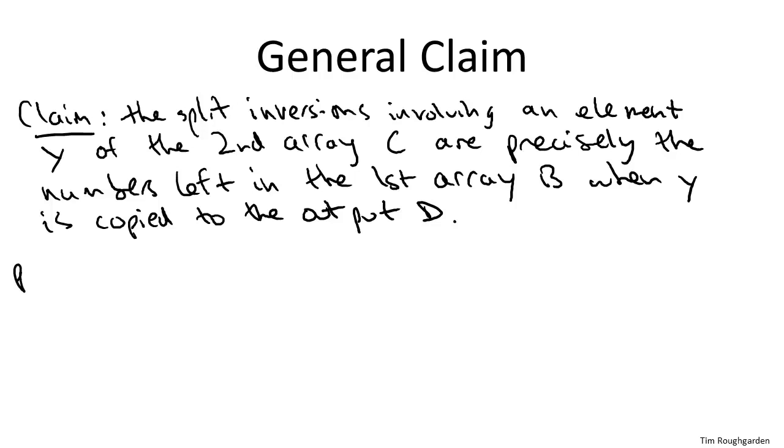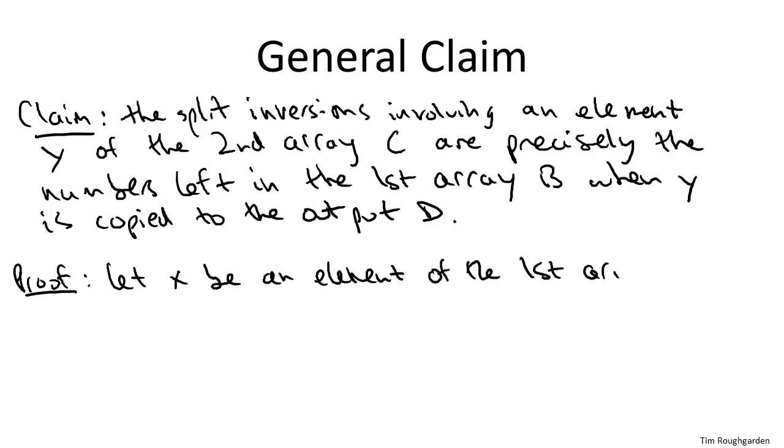So what's the general argument? Well, it's quite simple. Let's just zoom in and fixate on a particular element X that belongs to the first half of the array, that's amongst the first half of the elements. And let's just examine which Y's, so which elements of the second half of the original input array, are involved in split inversions with X. So there are two cases, depending on whether X is copied over into the output array D before or after